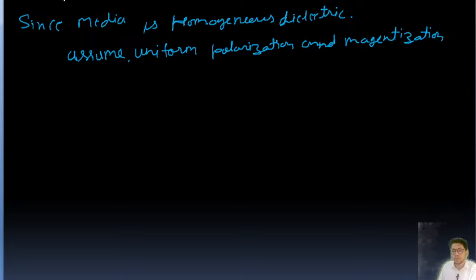And sigma and Js are the free surface charge and free surface current density. Okay, so this means